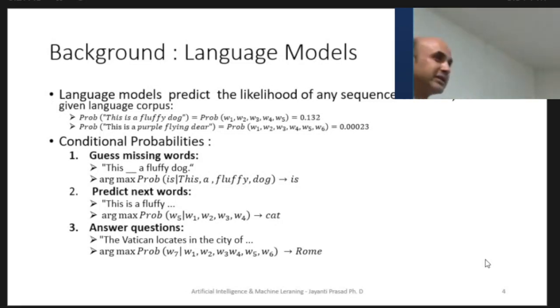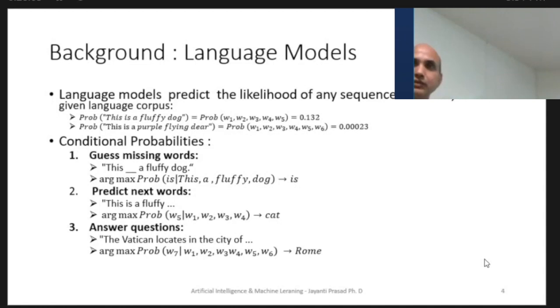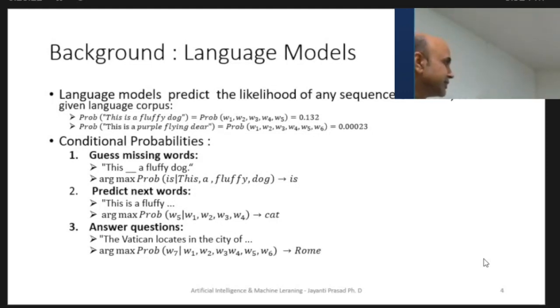Now there are two parts. One is just the probability of a sentence, such as "this is a purple flying bear". And the second is the probability conditioned on something. I don't have time to cover the Bayesian formulas and the definition of conditional probability; it is there in one of my past lectures. But generally, when you ask anything to Chat GPT, it gives you an answer, but the answer is conditioned on your question. Whatever prompt you give is the condition. If you are familiar with the Bayesian formula, it should not be a difficult thing.